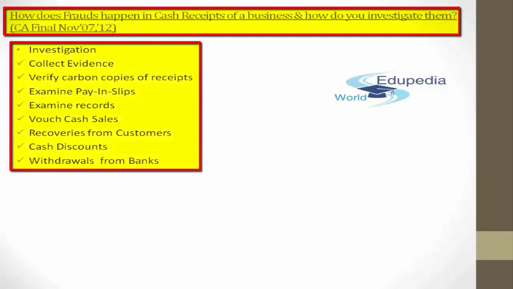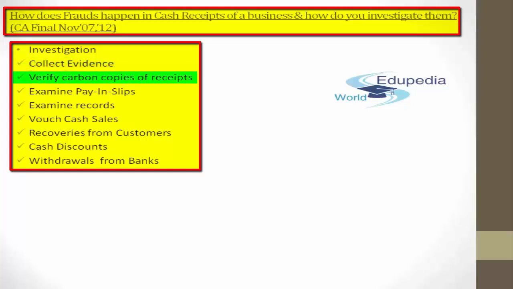Then what should be done in case you need to take care of all these evidences cautiously? How will you plan to investigate them? Number one, you need to collect the evidence on the income received from different kinds of sources, and you need to scrutinize them: babbage, stocks, sales summaries, rental registers, correspondence with customers, all these things.